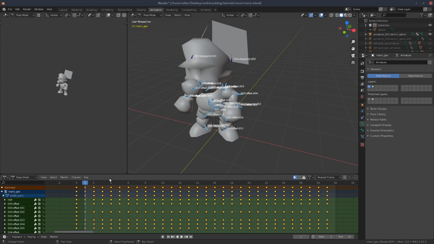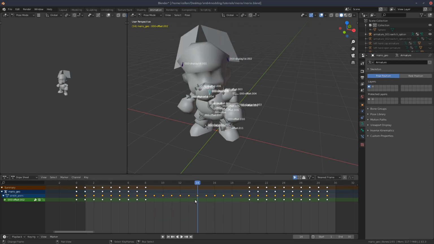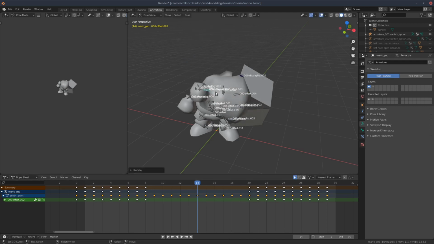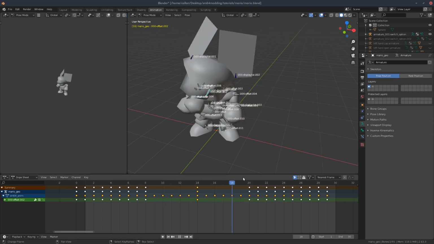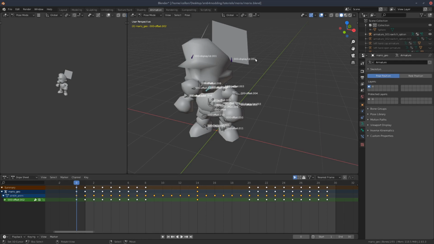I'm going to do something similar to Yoshi on this one, so I'm just going to find the head, select these ones, somewhere in the middle, rotate, hit I, rotation. I've got Mario does this. That animation is now done, so let's head back to layout,